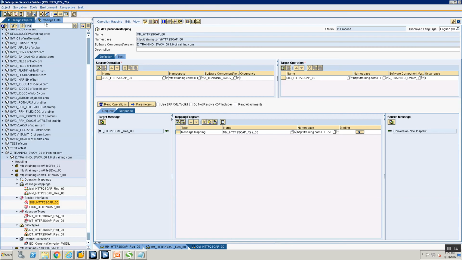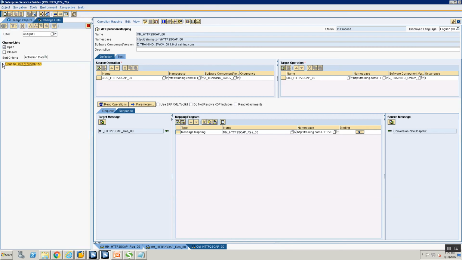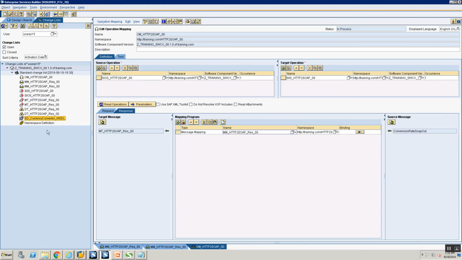Now let's go to the change list and activate all our objects. So what are the objects that we created? We defined a namespace definition, and then we imported our external definition, which we imported a WSDL as an external definition. We created two data types, a request data type and a response data type. We created two message types, a request message type and a response message type.